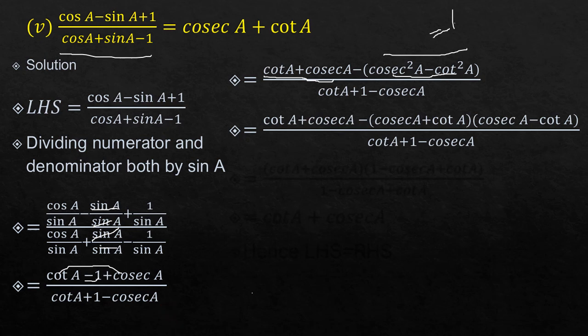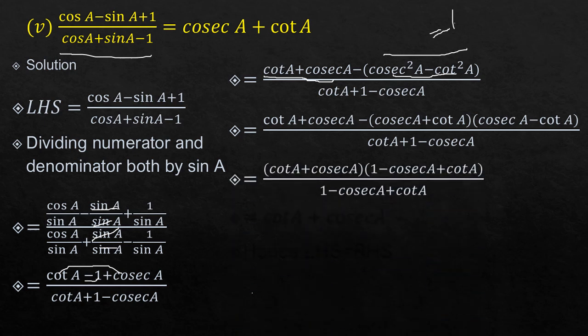You get cot A plus cosecant A as common, and from here you get 1 minus cosecant A plus cot A. When you solve this, minus A multiplied with cosecant A you get minus cosecant A, and this minus A multiplied by minus cot A you get plus cot A. So you get 1 minus cosecant A plus cot A, and in denominator